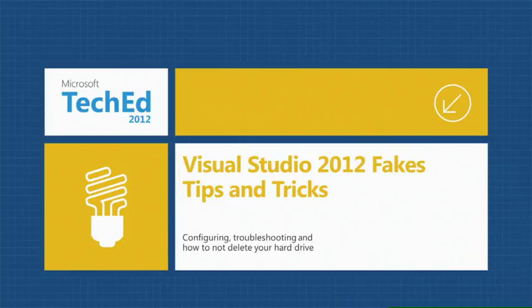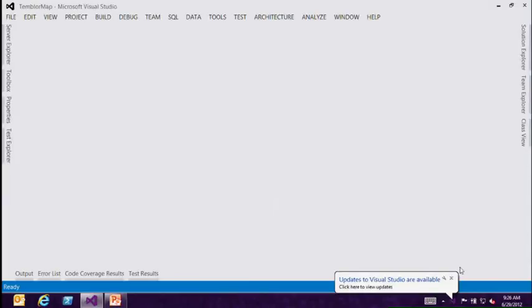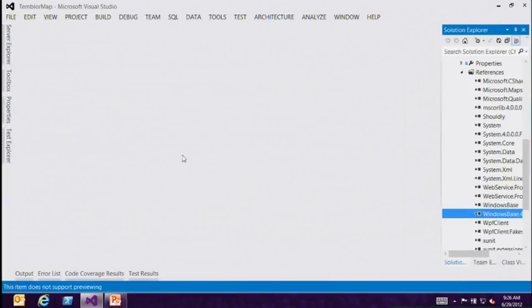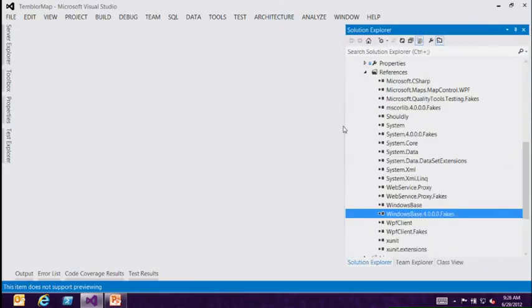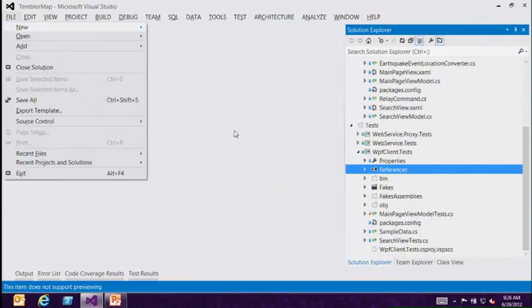So there's a bunch of interesting little tips and tricks and some good things to know about shims that can be a lot of fun, shims and stubs and fakes. And so I'm just going to go a little bit off-road and show you some of the fun things that are useful to know as you start playing around with this. So if I come back in here into Visual Studio and we take a look, I want to show you a few things. Let me switch to the other project,